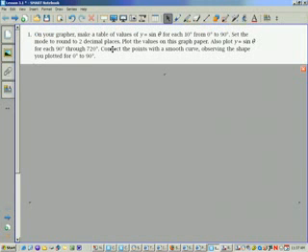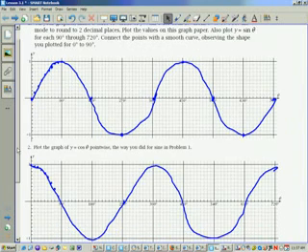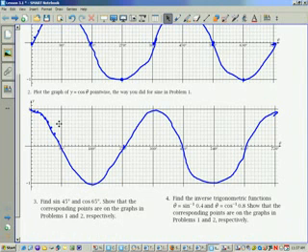Alright, welcome to the beginning of the new chapter, chapter 3. We started off with a worksheet on sine and cosine graphs, and they asked you to graph them first every 10 degrees. So plug into your calculator sine of 10, sine of 20, and so on, and do that for the first 90 degrees and see how the graph looks. And then after that, it said do it every 90 degrees to see where it is. And once you have that, you can see the general shape of the sine graph, and then do that again